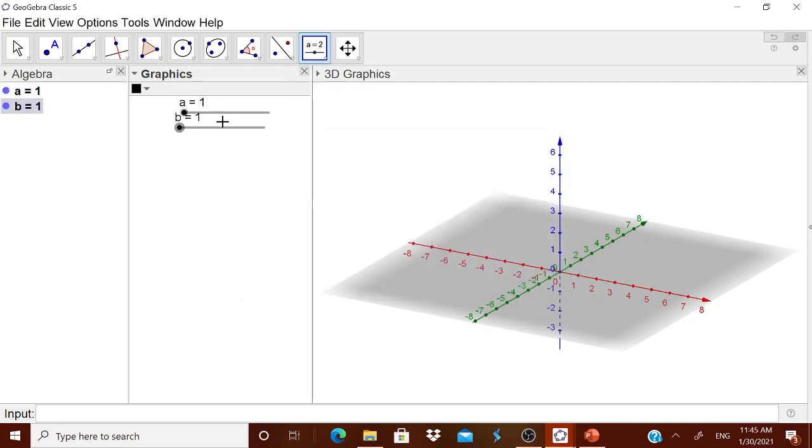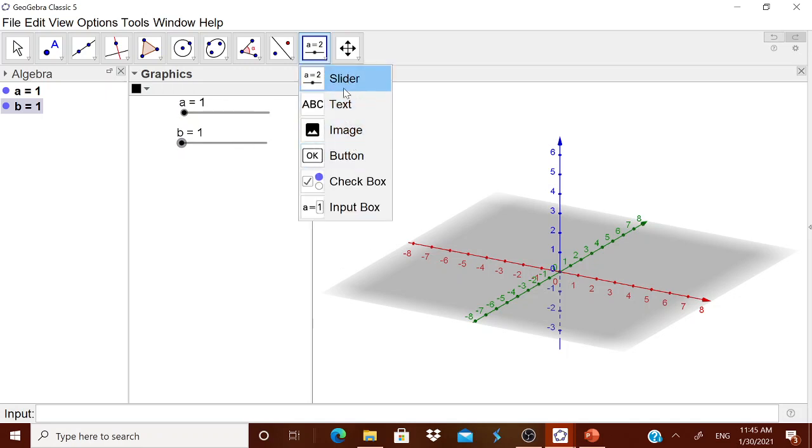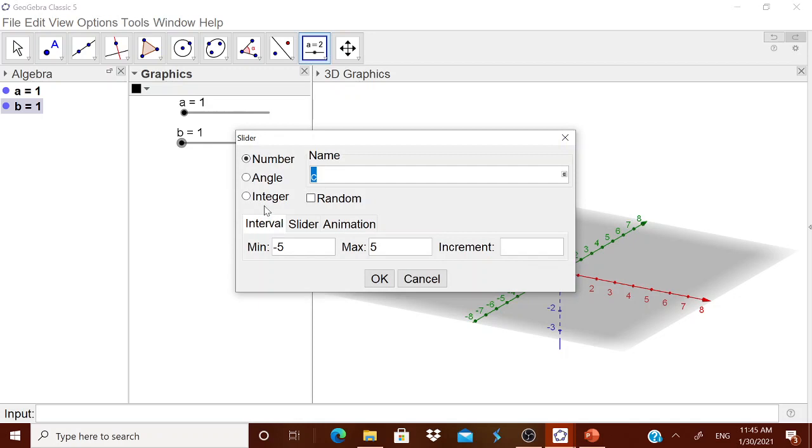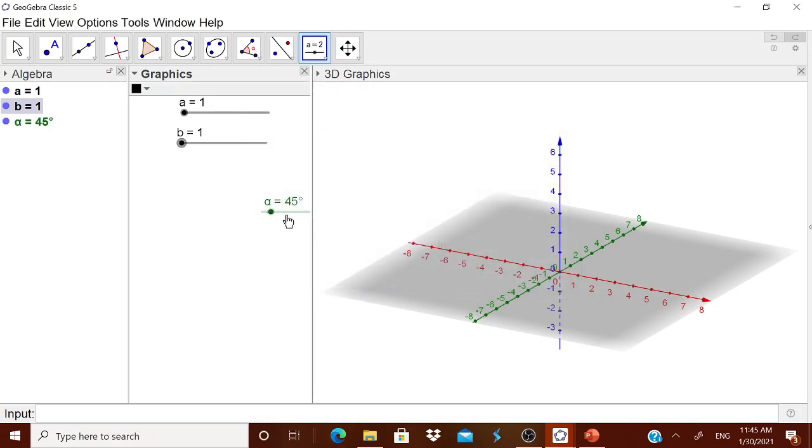Let me have one more slider, alpha. Zero to 360 degrees, with increment as 1. Now let us take points on the three-dimensional view.